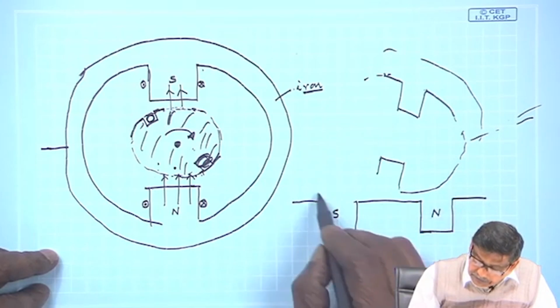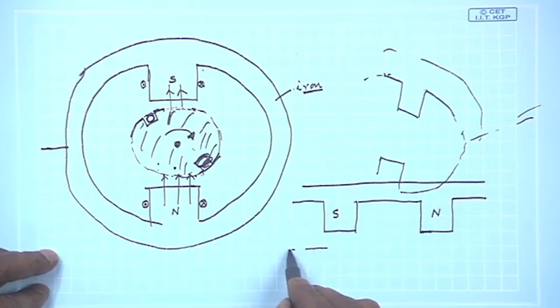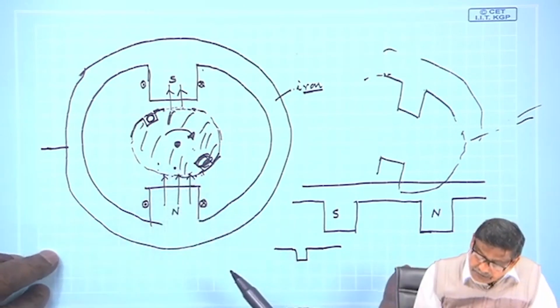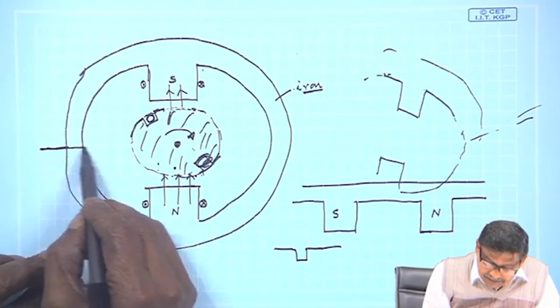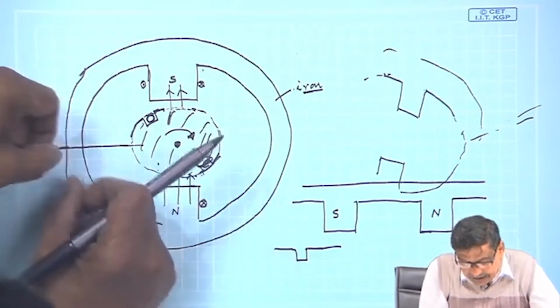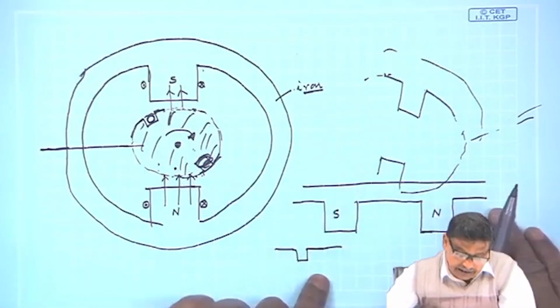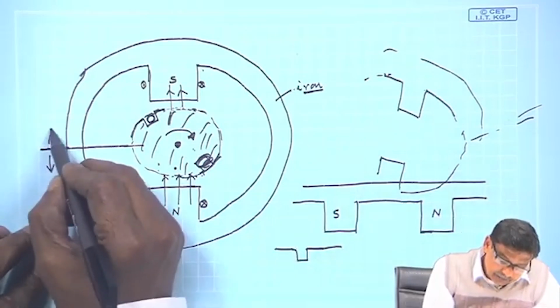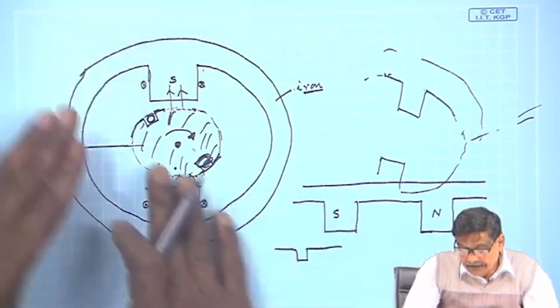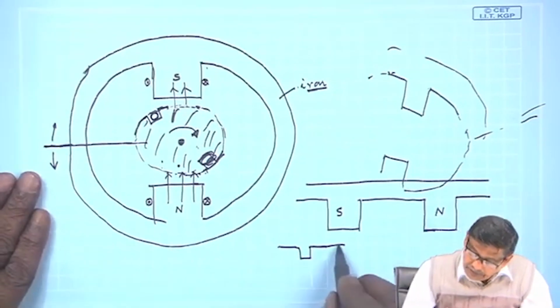South, north, and here is also iron, and here is a slot, a single slot, it is also iron. So, what I am essentially doing is I am cutting this. You imagine you have cut this with something, you have cut it and wrapped it out like this, and you will get this, that is, you cut it and unfold it. So, this rotational circular thing will now appear to be linear, and this will be your,